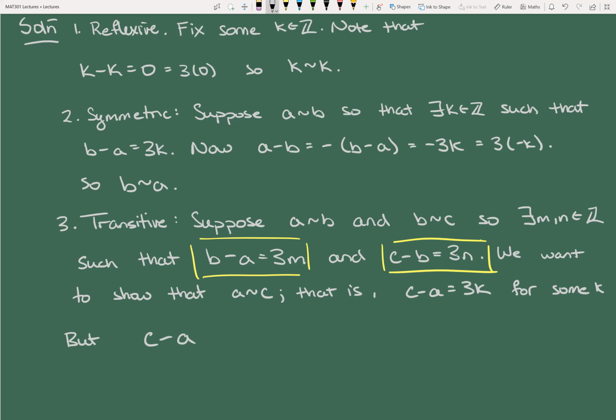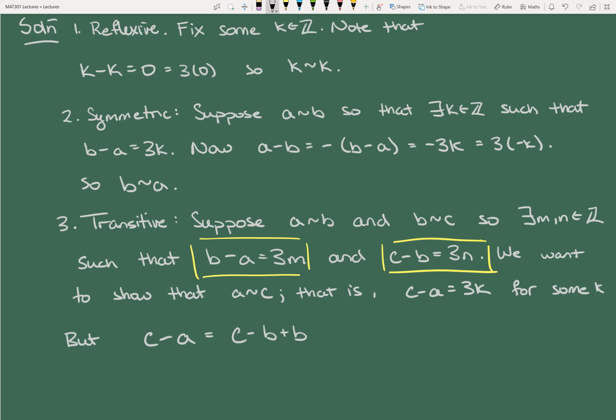Okay, so when I'm proving this, what I say to myself is, okay, I want to say something about C minus A. Both of the things that I've squared off in yellow, though, have a B inside of them. So I need B to show up for me to be able to use those things. So this is why I say it's one of these tricky things where we're going to add and subtract B. It's because I need B's. Both of those yellow things have a B in them. So let's add and subtract B in just so that it shows up.